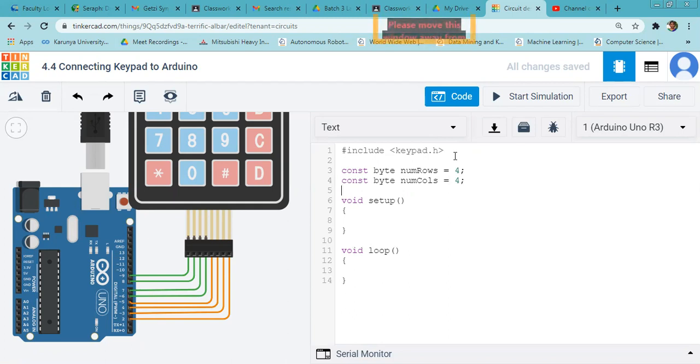Then we'll have the character map of this keyboard. The key map of this keyboard, we should put it.